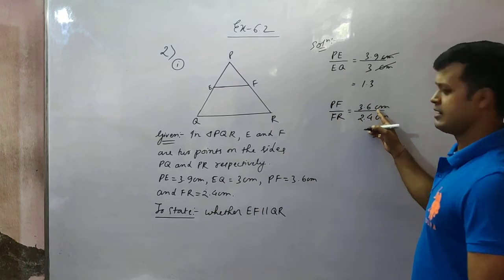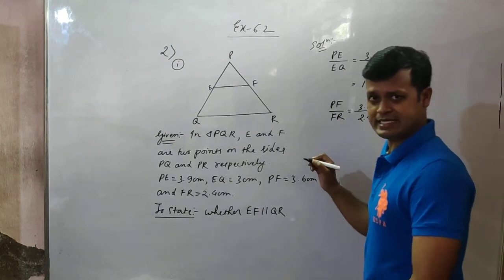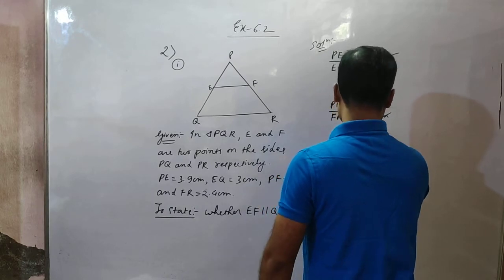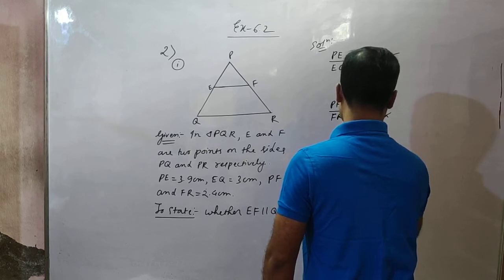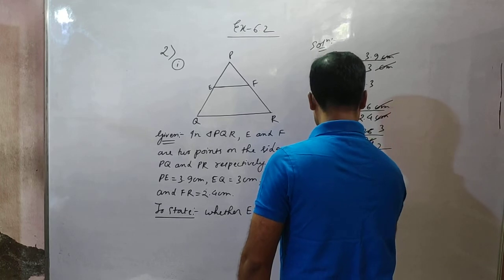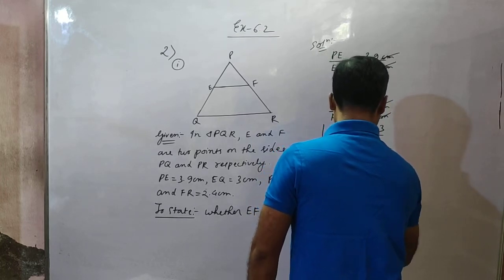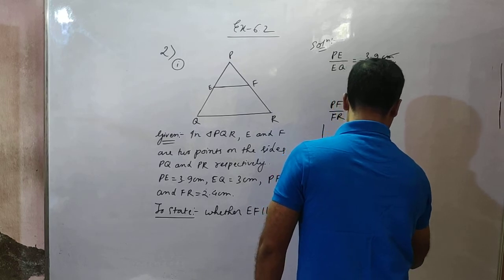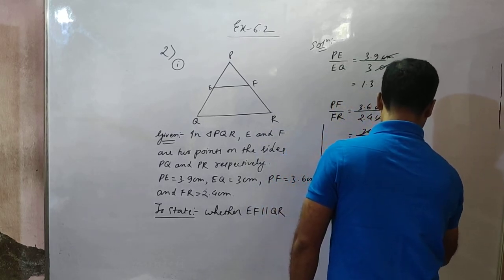Again, even if I don't write these units, they will be cancelled. So 36 by 24, which is 1.5. Since PE by EQ is not equal to PF by FR,